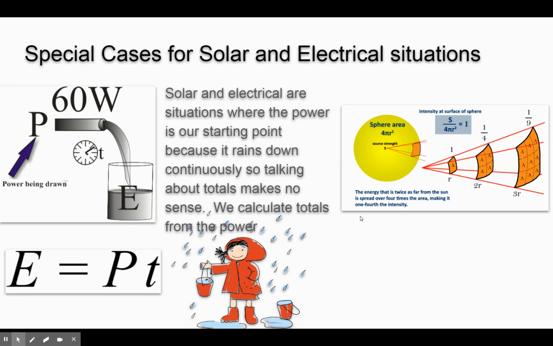And that is why all appliances that plug into the wall get rated by their wattage. How many joules per second are they drawing? Because there is no total there. The flow rate on your house, the water keeps flowing. Some houses have lousy water pressure, some have great, but you don't have a tank of water that you're going to run out of. So flow rate is often used in place of energy in situations where it never runs out. We're just concerned about how fast can we do the job.